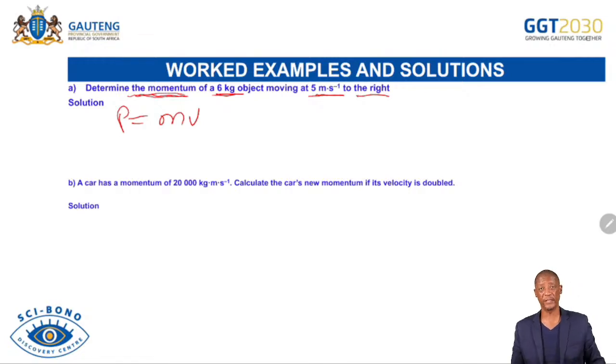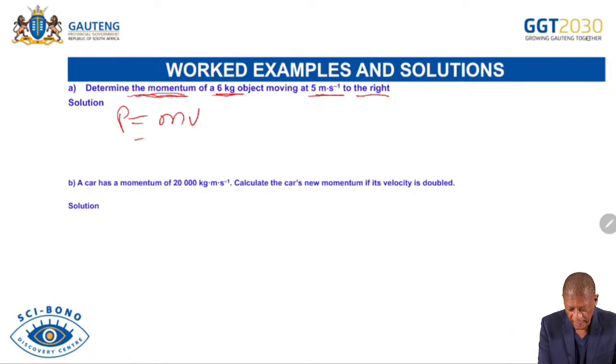Now we are given the mass. The mass that we are given is 6, multiplied by, now we are given 5. And now,